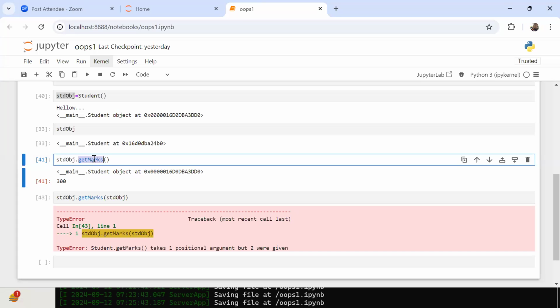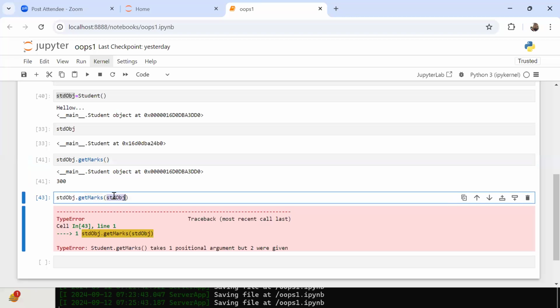The current class object, student object. Python passed one argument, but on your side, how many arguments did you pass? One. That means your argument is one, Python side one. Total how many? Two arguments. That means my get marks is called by passing two arguments.